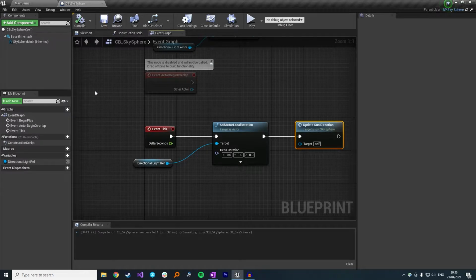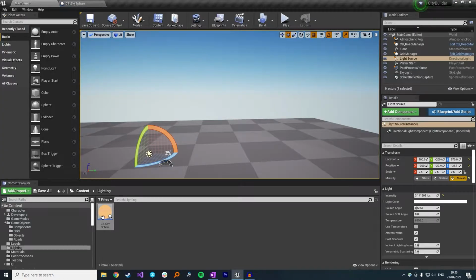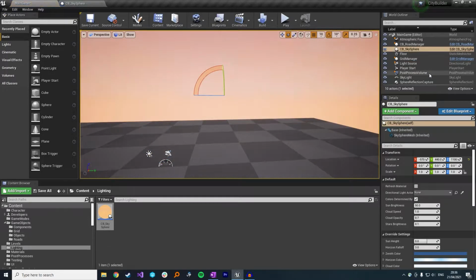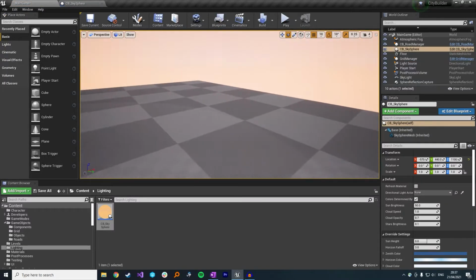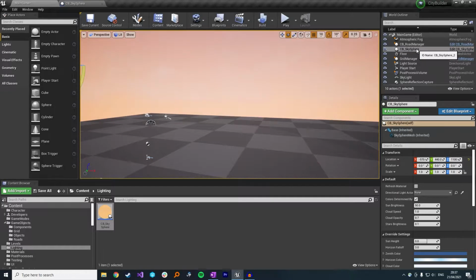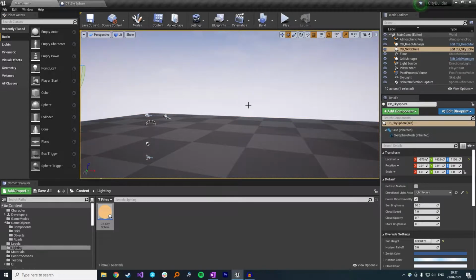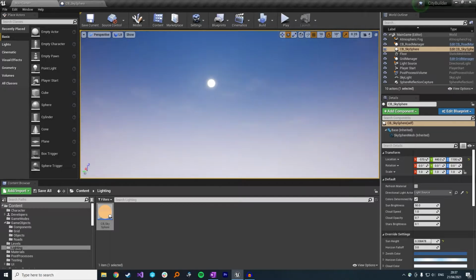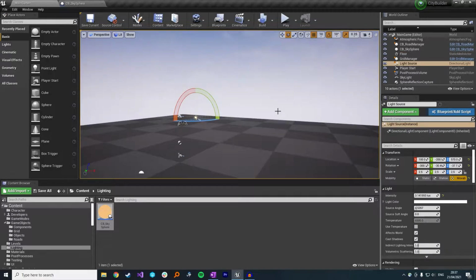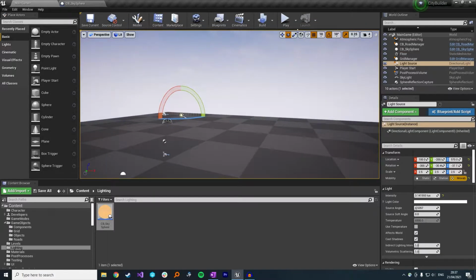If we compile that and save that, go back to our main game, just drag this into the level so that we've got it. And then just before you run, click on your sky sphere and make sure you've set up the directional light actor. If you click on the drop down, it will find the directional light that's already in your level. Just click that, and if you don't already have one, just drag and drop one in. So now the light source and the sky sphere go in line with the way the directional light is pointing. So now if we hit run,